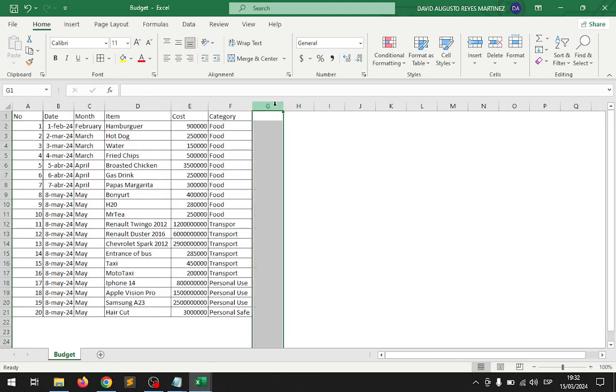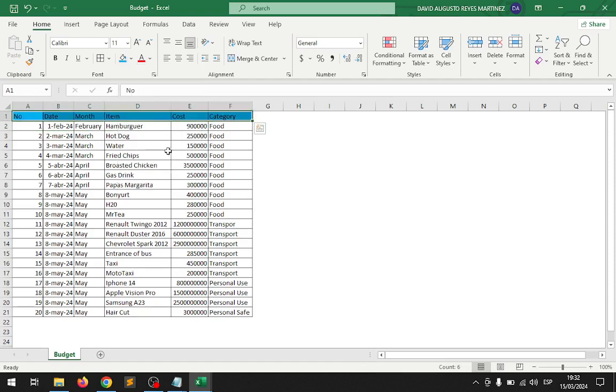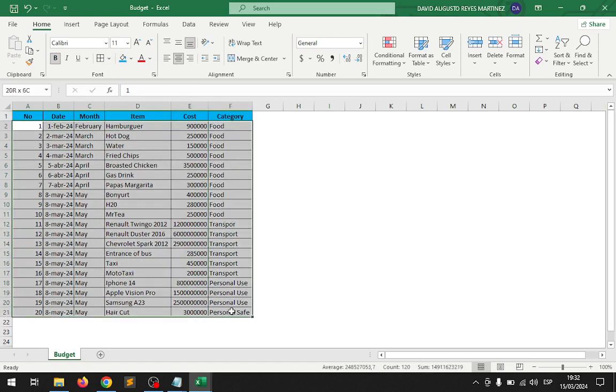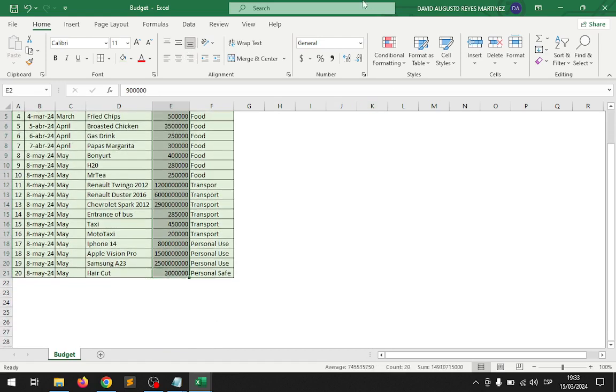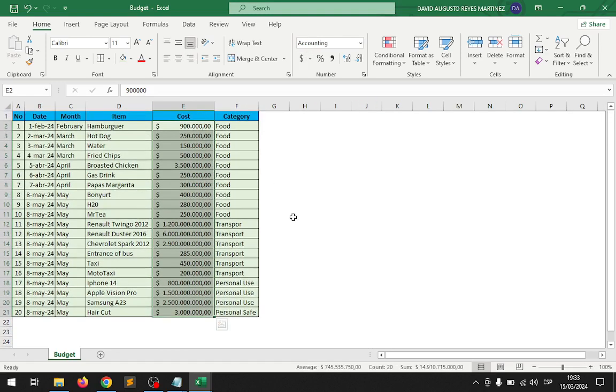So control minus, and here I'm going to select this one, bold, center alignment. I'm going to select this information and I'm going to give this color. This one I'm going to put it like this. Here I'm going to give center alignment, and here I'm going to put currency symbol. It doesn't matter the amount. Okay,